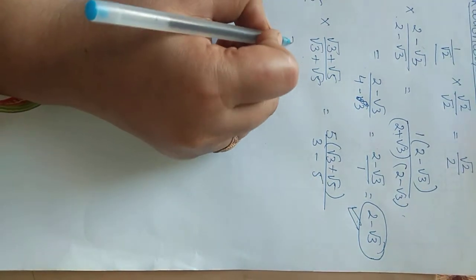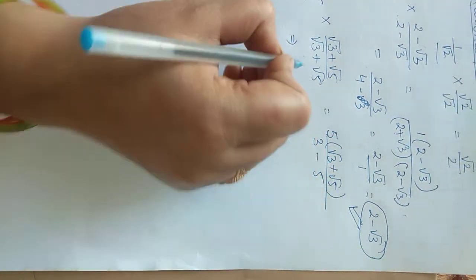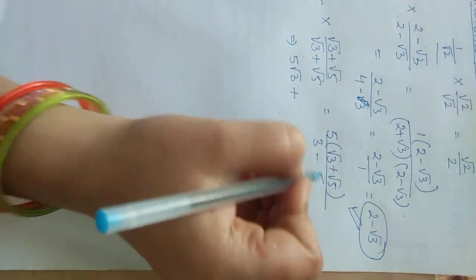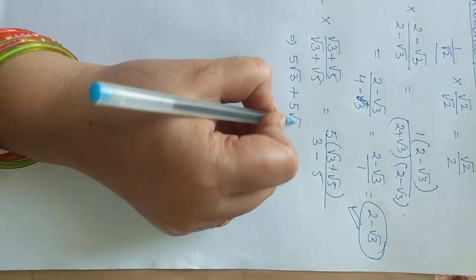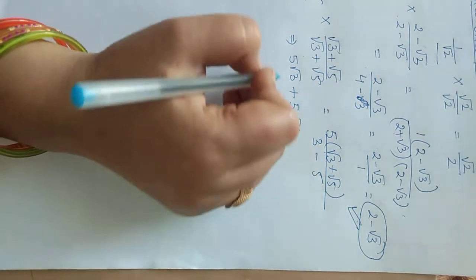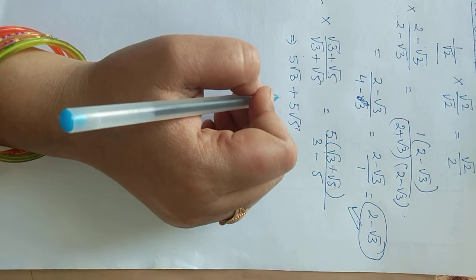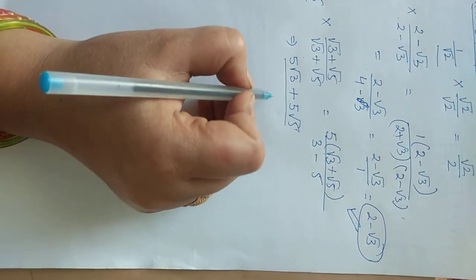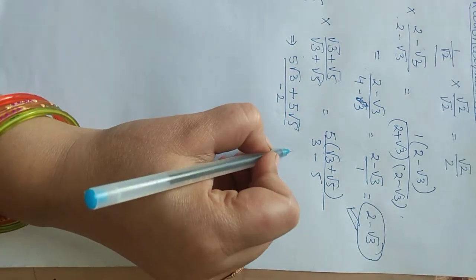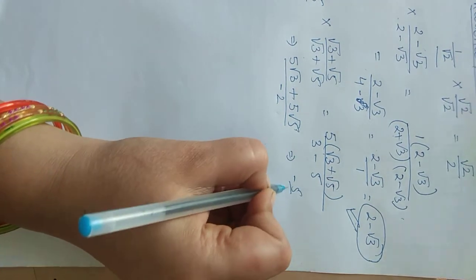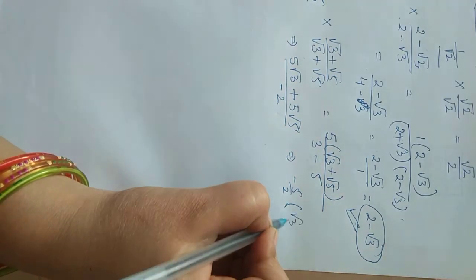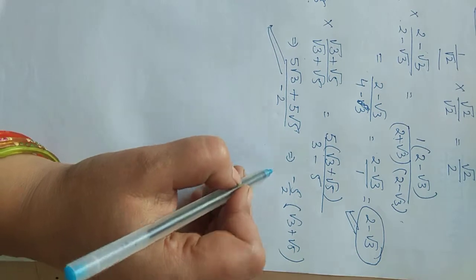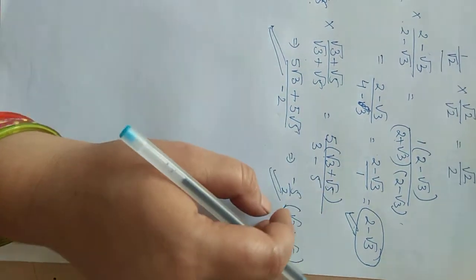Now when you multiply 5 by root 3, it will be 5 root 3. When you multiply 5 by root 5, it will be 5 root 5. Consider them as x and y, so it is easier for you to do the multiplication. The denominator will be minus 2. You can write it in the form minus 5 upon 2 times root 3 plus root 5. Both are correct. This can be your answer, and you can write it in this form also.